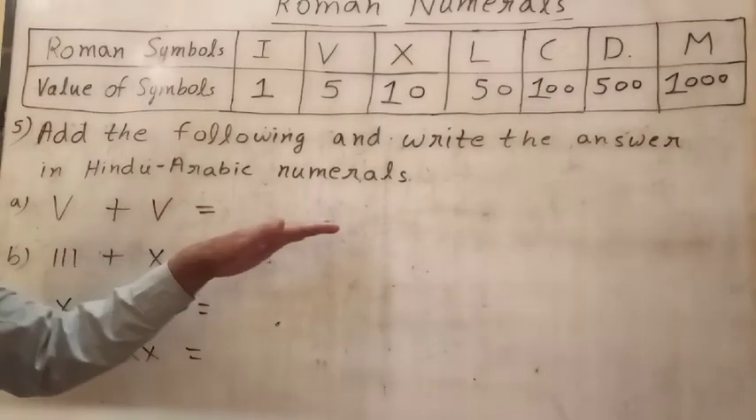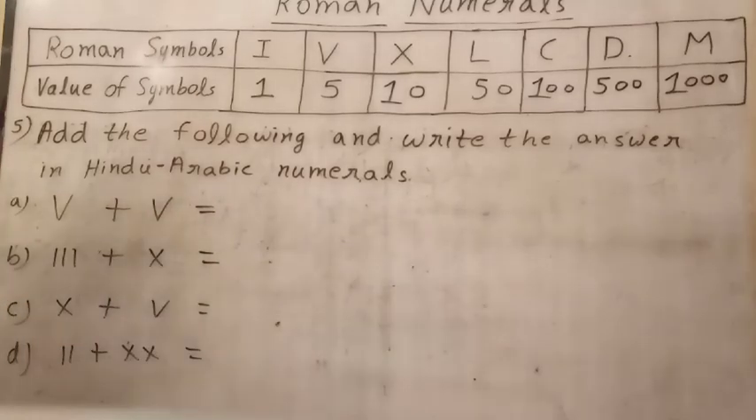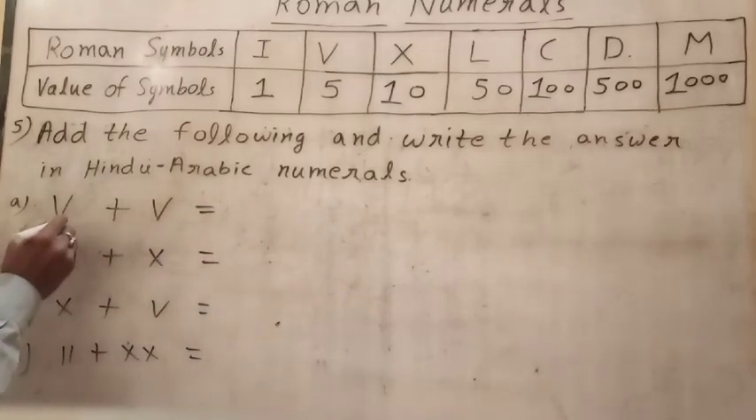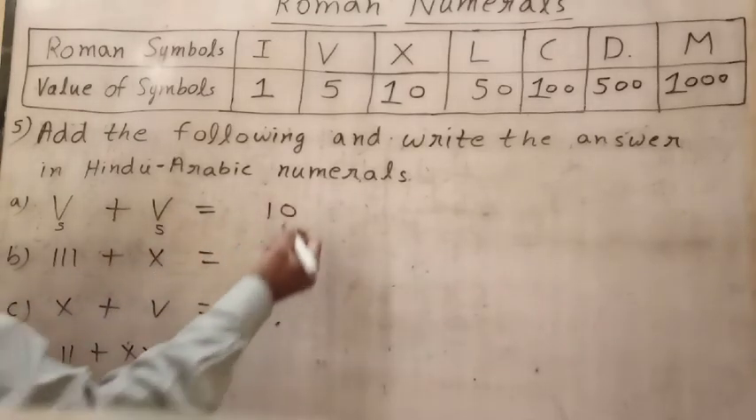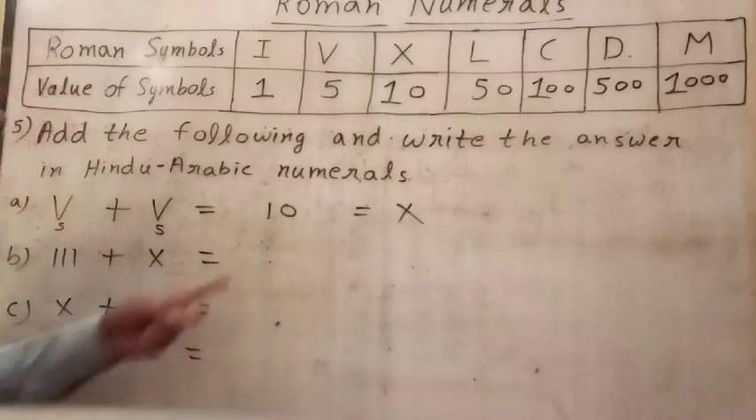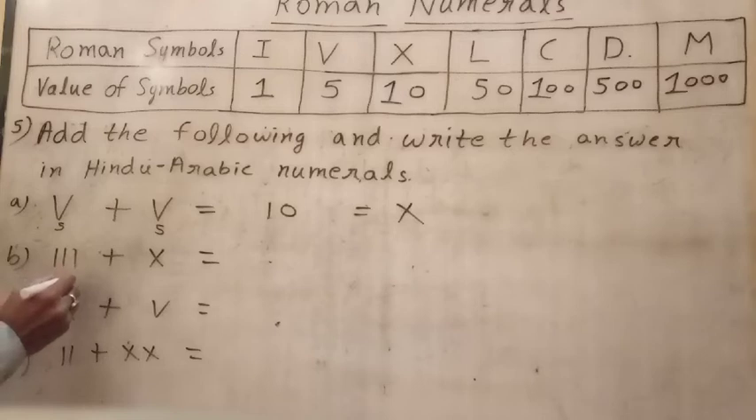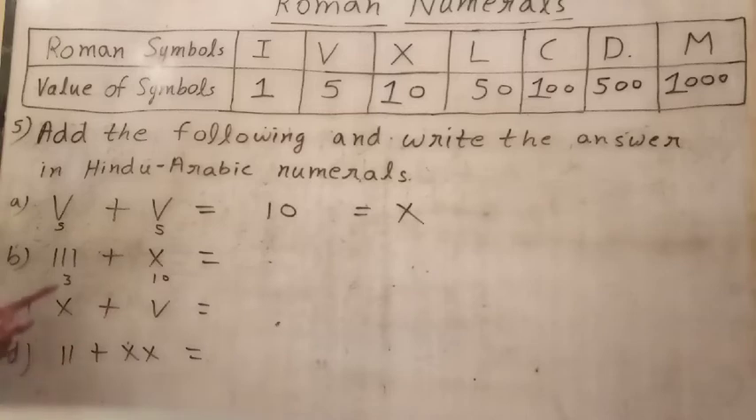Next, add the following and write the answer in Hindu Arabic numerals. So A, V plus V. What is the value of V? 5. What is the value of V? 5. So 5 plus 5, 10. And the correct symbol for 10 is X. Now see, XIII: what is the value of 3 times I? 3. Value of X? 10. 10 plus 3,